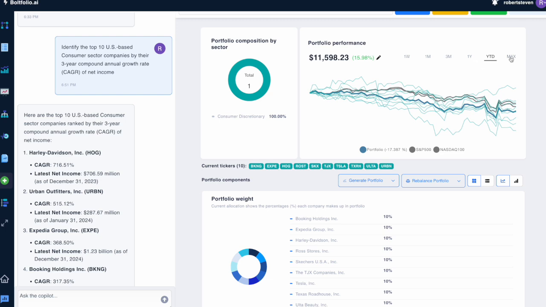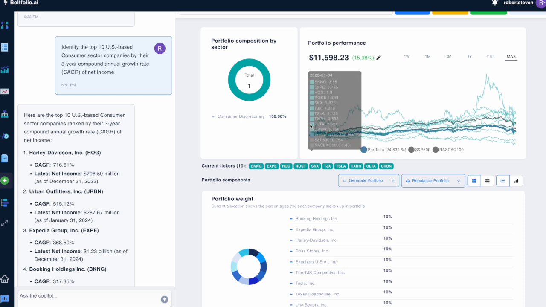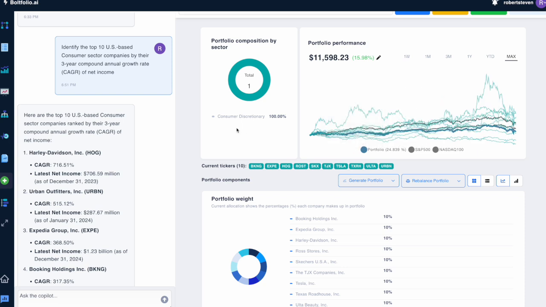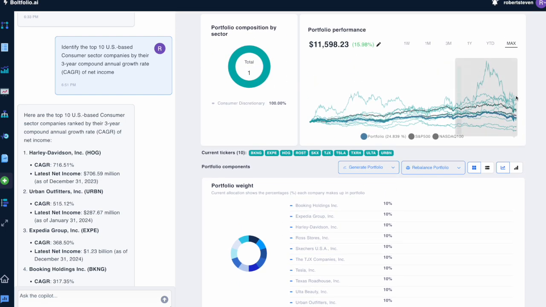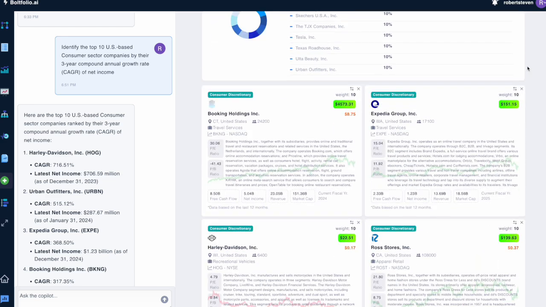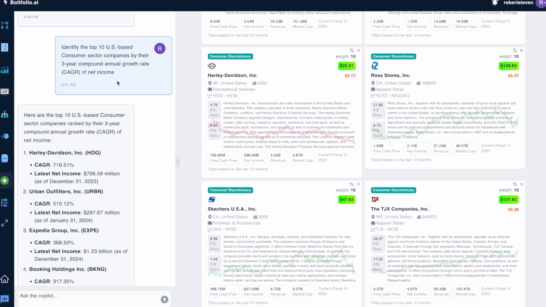Now, year to date, this portfolio has underperformed the major indices, but we are asking for the last 3 years. So if we were to go back 3 years, and again, this data only starting from 2023, but asking for it to go back 3 years, these are some of the best performing. Now, it doesn't mean that these companies have outperformed the market or the benchmarks, but these are the companies that potentially have been the strongest growers in the form of net income,